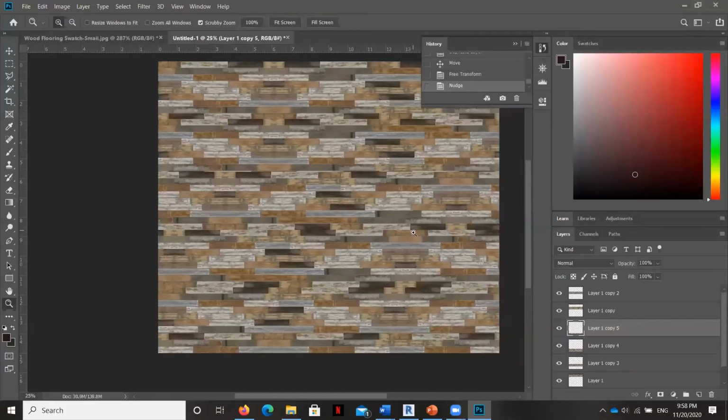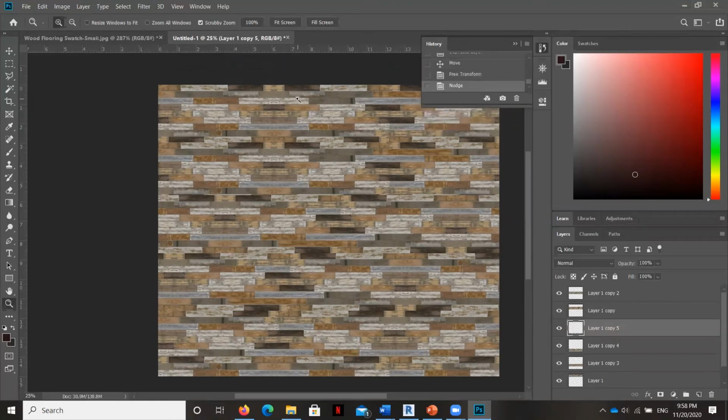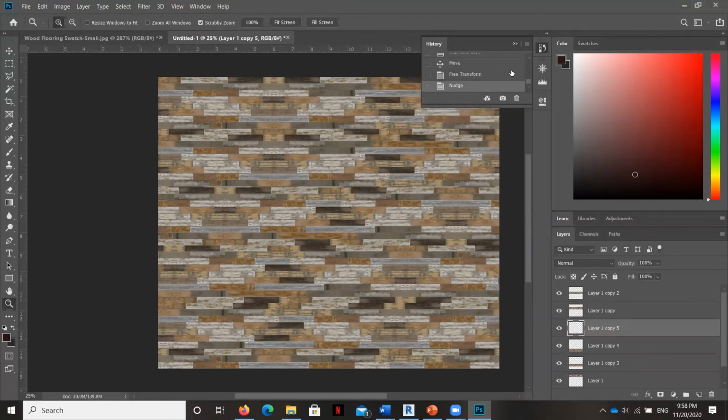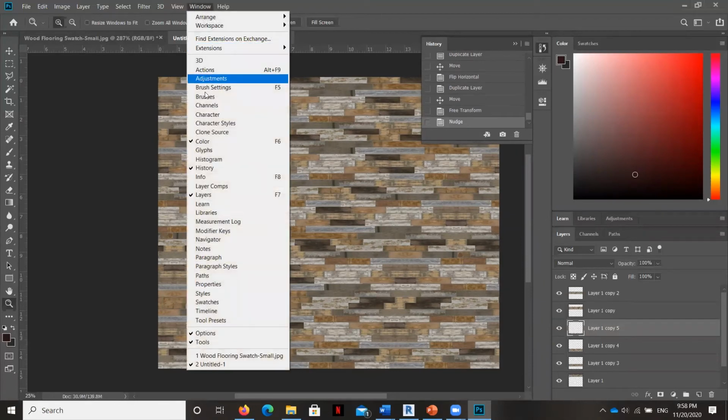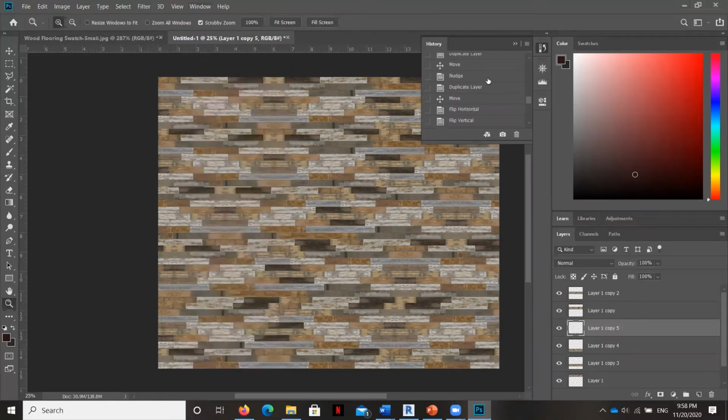Okay, so before I merged my layers down, I just wanted to show you how much quicker it goes once you've got that first row done. A couple things if you're new to Photoshop. This is your history tab or toolbar. You can place it by hitting Window and hitting this checkbox, and this allows you to revert to different steps. It's a record of all the steps that you've used in Photoshop, and you can go back and revert instead of doing undo, undo, undo, undo, or Control Z a bunch of times.